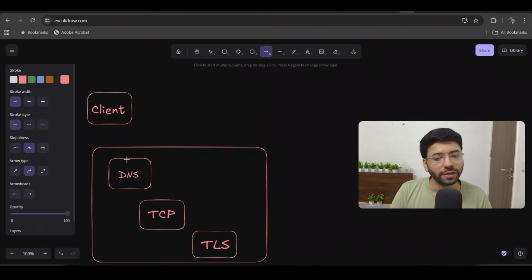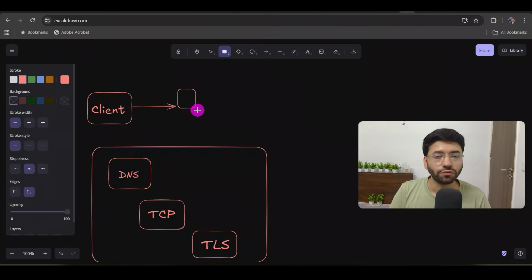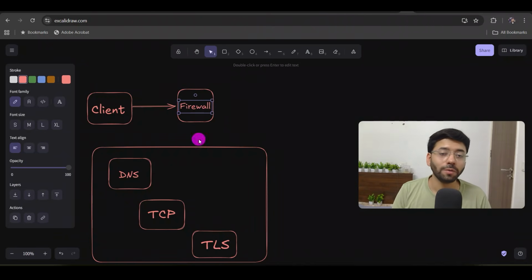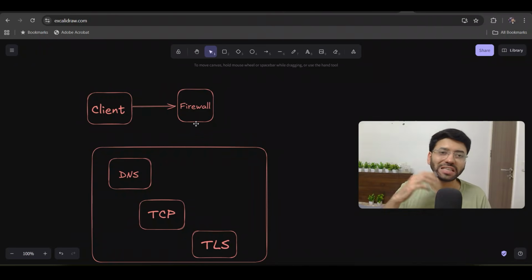So say DNS provided you the IP address of the first layer. Say for example our first layer is the firewall, so here comes the firewall, right? Let me write here firewall. So what's the use of firewall? Basically it will block a few of the bad requests which have missing headers, or authentication, or say some of the important things missing in them, or you can also imagine some blacklisted IP ranges. That firewall can simply block all of these requests,